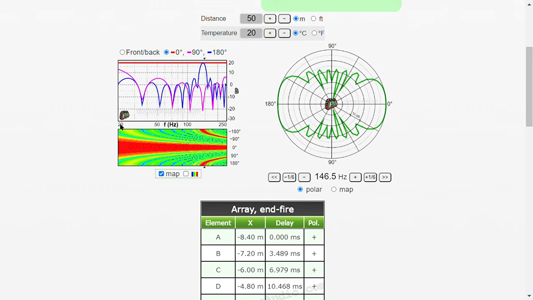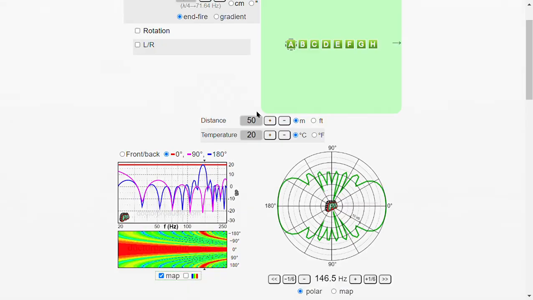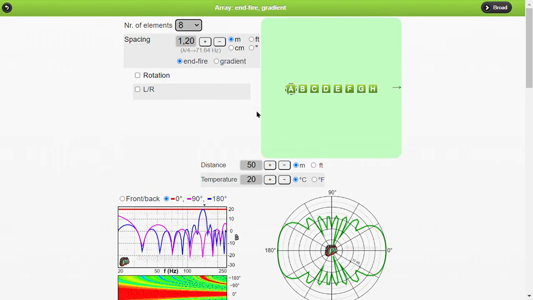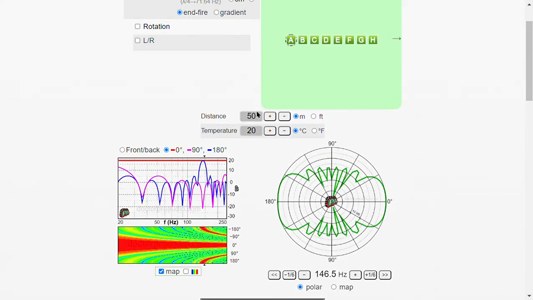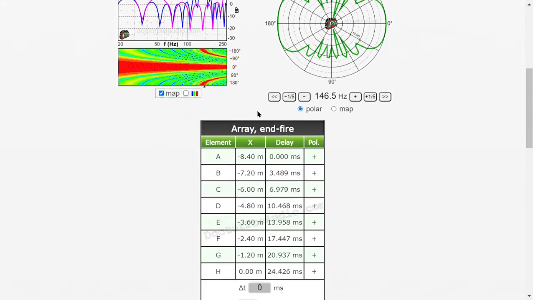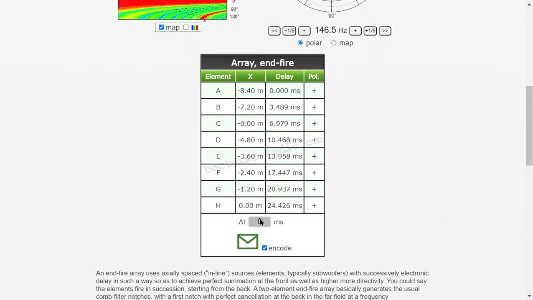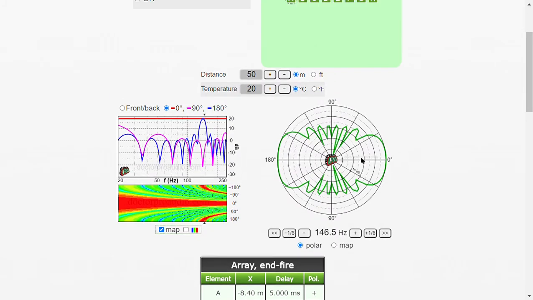Here we're plotting from 20 to 250 Hertz. So that's Empire, and lastly we have this field here that allows you to enter an additional delay, which is useful to be able to align the subwoofer array to the mid-high line array.